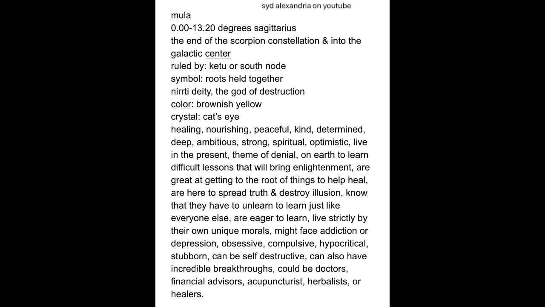They could be doctors, financial advisors, acupuncturists, herbalists, or healers. Purva Ashada is from 13 degrees 20 minutes to 26 degrees 40 minutes, all within the sign of Sagittarius. Its star is Cauda Borealis, a part of the archer's bow in the constellation of Sagittarius, and its symbol is a fan or the tusk of an elephant. If you want to read more about it, you can, but I'm just going to say that Purva Ashada is